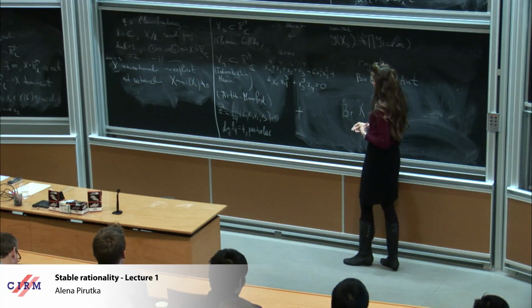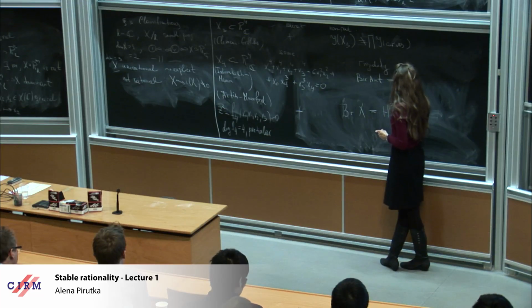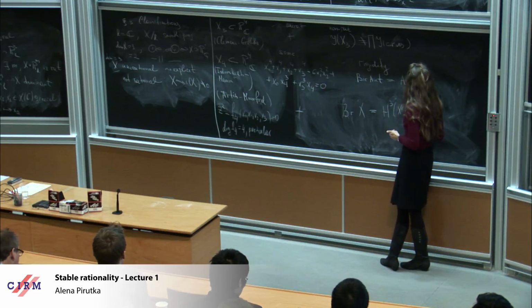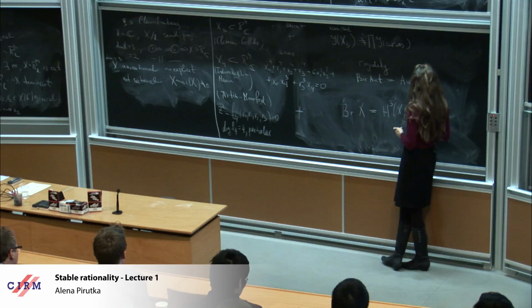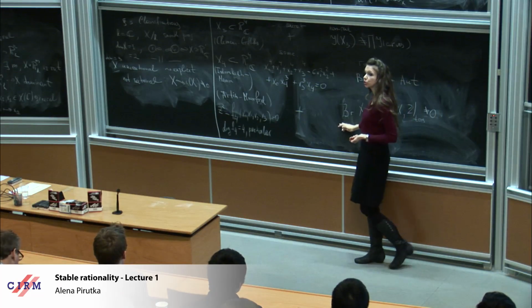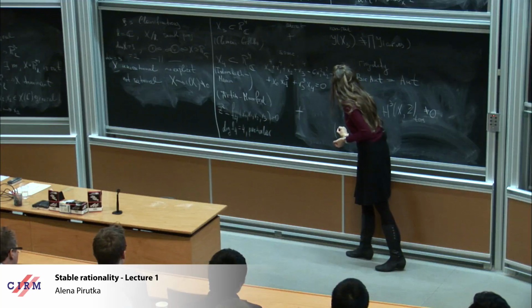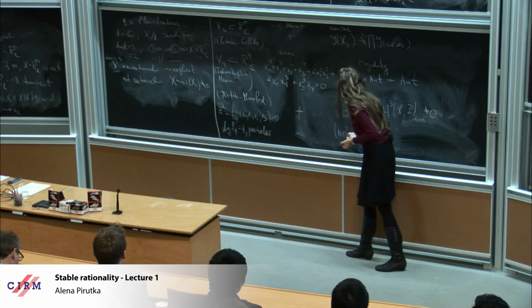In this case, it's the Brauer group that equals, again, the torsion in the Betti cohomology, and this is non-zero. And actually, this invariant should be 0 for rational varieties, but also for stably rational ones. So this also shows that this example is not stably rational.